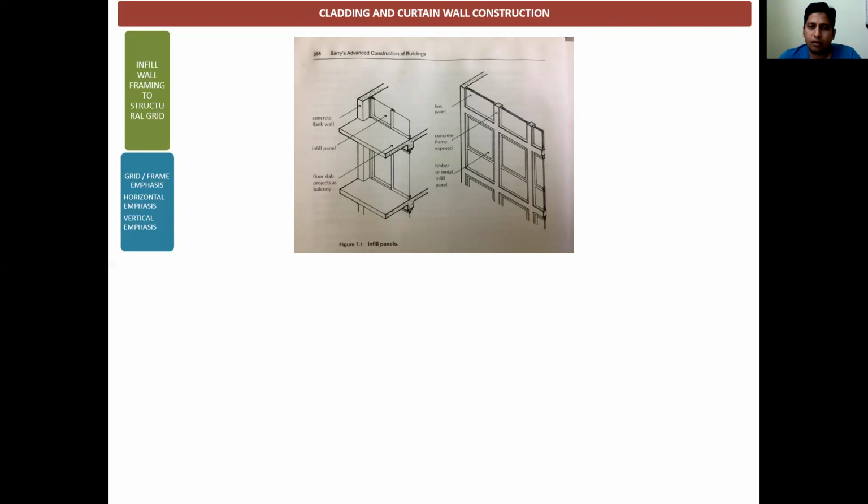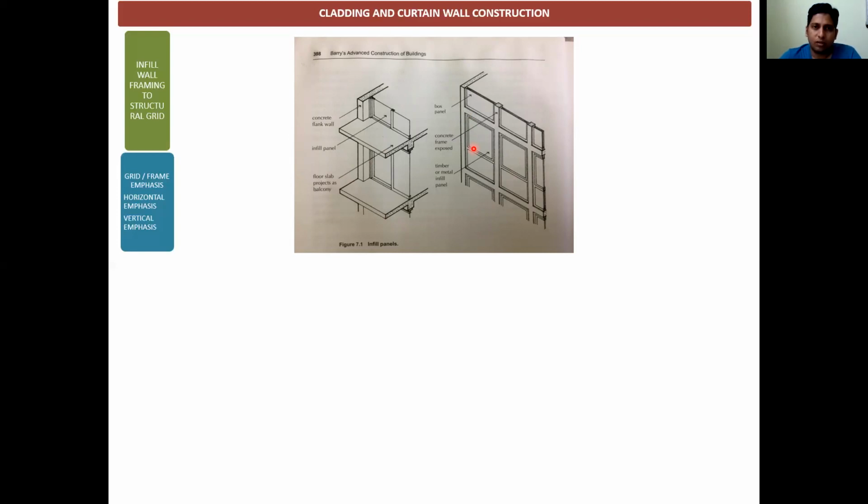The opening part of the building is treated with this kind of frames, and the opening is fixed with timber or maybe a metal frame, and the whole panel is made up of different types of glass, like nowadays DGU glass.